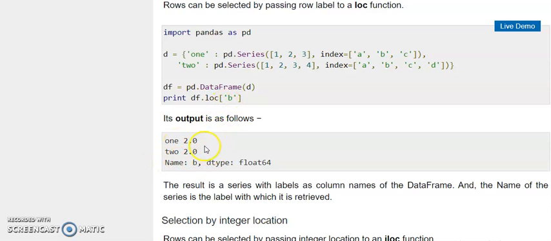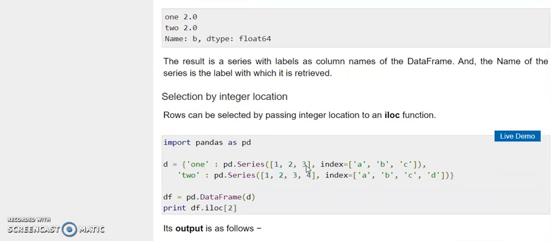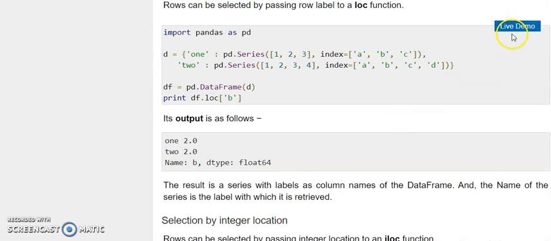So the b position contains 2.0 in the 1 column, and in the 2 label column, b contains the value 2.0. The result is a series with labels as the column names of the data frame. So students, we can implement the practical of this also so that it is clarified to us.